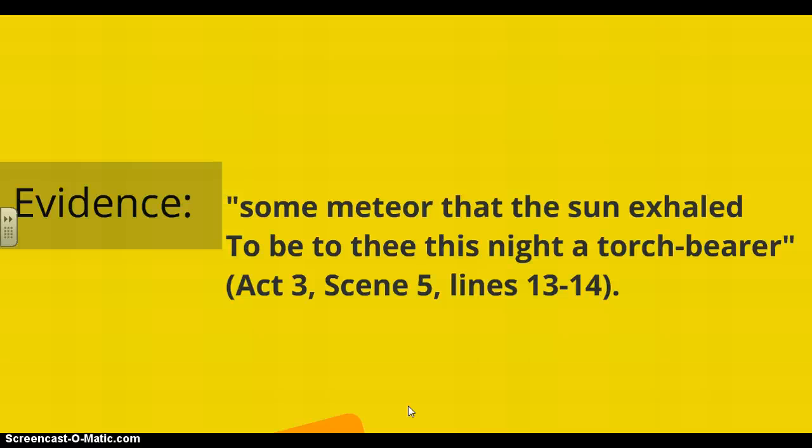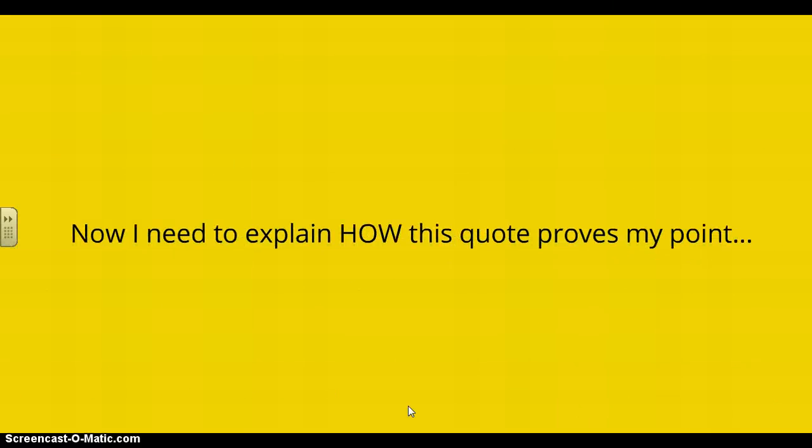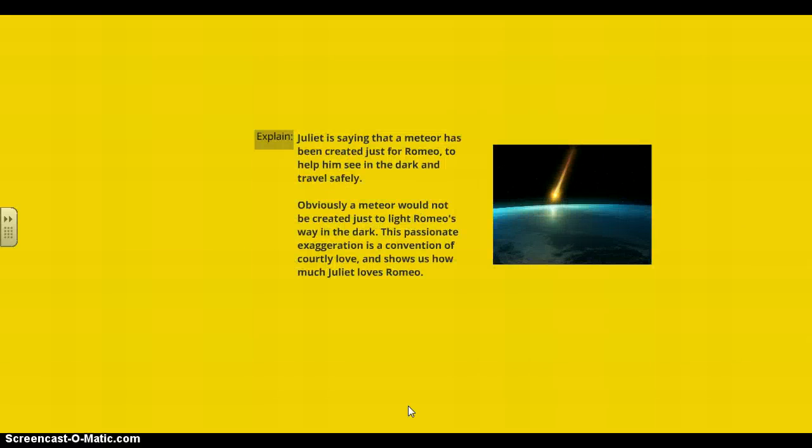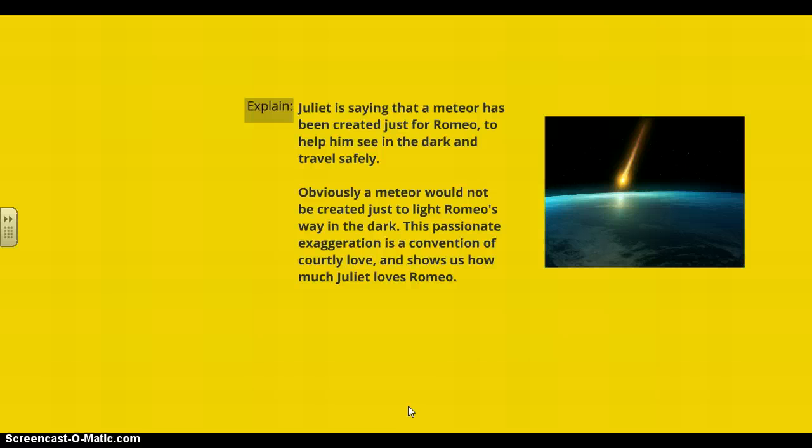Evidence. "Some meteor that the sun exhaled, to be to thee this night a torch-bearer." There's your evidence, there's your quote. Now I need to explain how this quote proves my point. Explain. Juliet is saying that a meteor has been created just for Romeo, to help him see in the dark